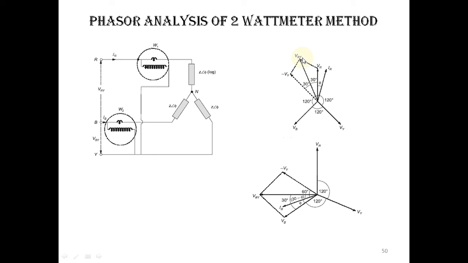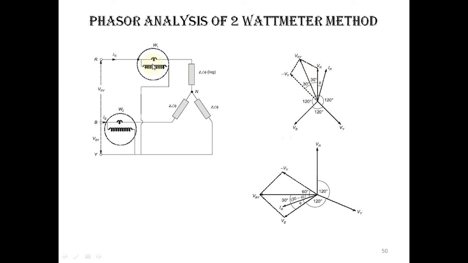Now how much is that? We have to know that. The angle between VR and VY is 120 degree, and the angle between VY and reverse VY is 180 degree. So this angle is 120, this angle is 180. How much is this angle? The answer is very simple, 60 degree. And as I said, the voltages are balanced, so VR equals VY equals VB, and their magnitudes are equal. So this one has the same magnitude, this one has the same magnitude. As the angle is 60 degree, the resultant will make 30 degree with each of these two.